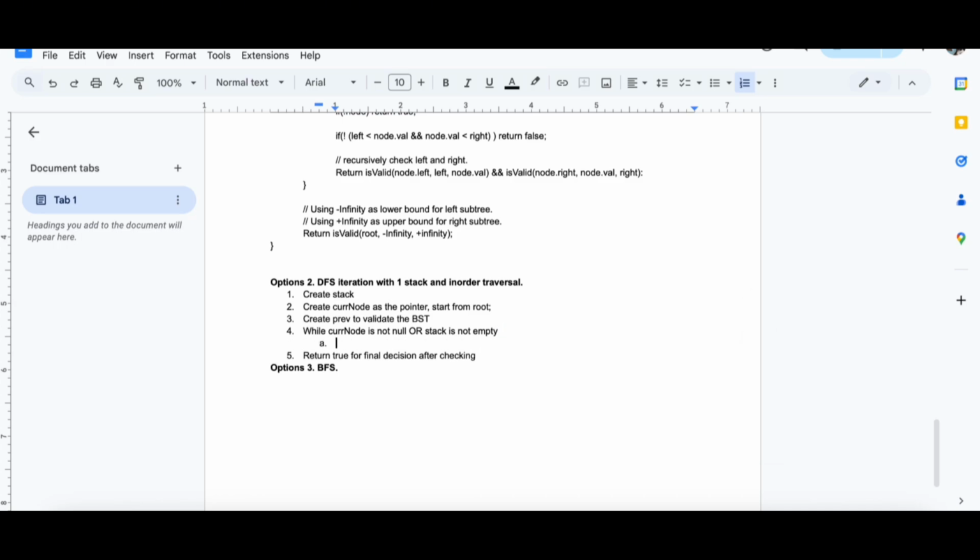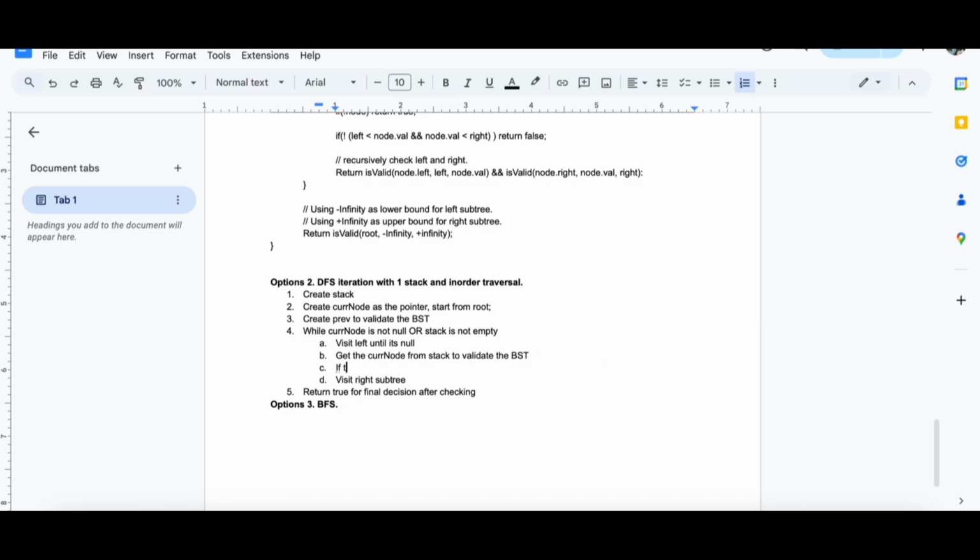Then inside of this, we gonna visit left until it's null. Get the current node to validate the BST from stack. Then after that, we need to visit right subtree.